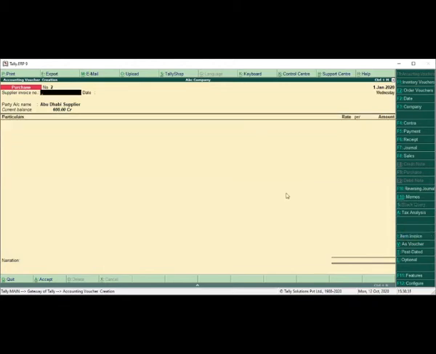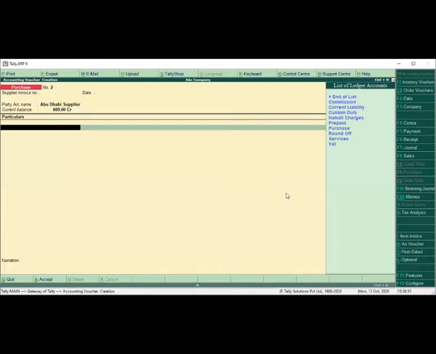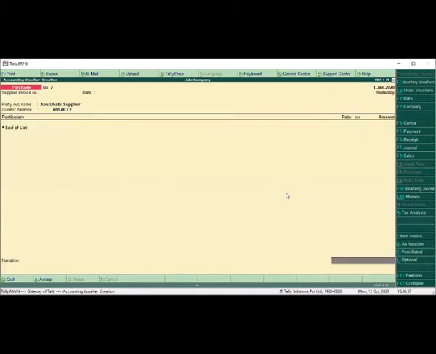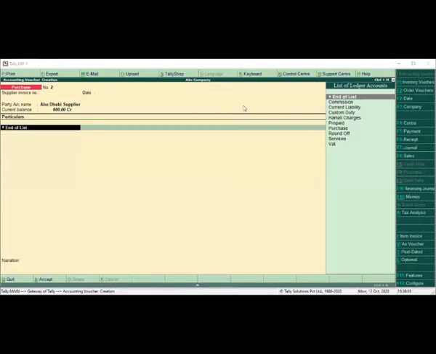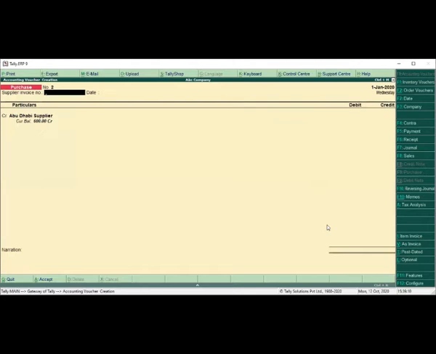So if you are dealing in inventory only, or inventory and some other services which you are including, then in this case select item invoice mode. But if you are not dealing in any stocks or items, and you are providing only services, then select accounting invoice mode. If you record the transaction here, it will not show the list of items. It will show only the masters, ledgers. So those ledgers you can select here. The last one you have heard about is the double entry mode, which is called voucher, where you record what is debit and what is credit. So in this case you can record that way.